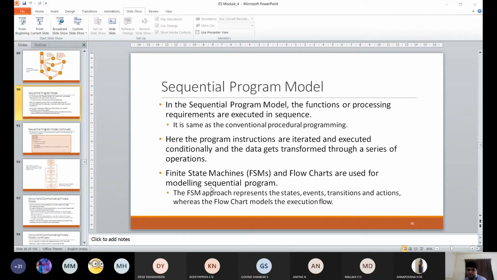stop alarm. So you can see that if ignition is on, then what happens? If seat belt is off, then what happens? It will wait for 5 seconds, and if you still do not put on the seat belt, then immediately an alarm will go on. That is the program which has been written in a sequential manner.